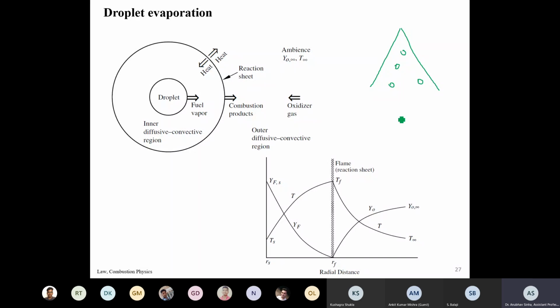For theoretical understanding, to make it simpler, we generally talk about simple droplet evaporation. But in practical devices, we will not have a single droplet. We'll have multiple droplets that are burning, but it will be very complicated to study. So let us begin step by step. We'll build understanding by taking simpler assumptions.